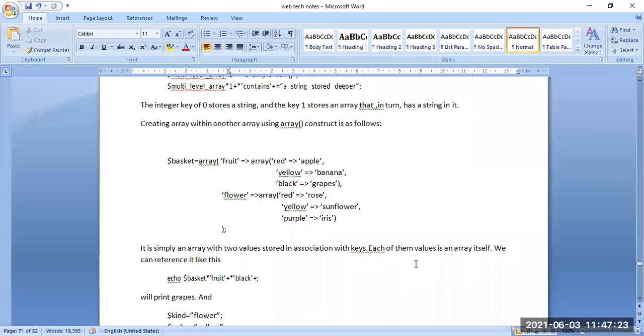So the basket array has fruit, then the array. In fruit, there is an array. We are creating a basket type of array where some fruit values will be.